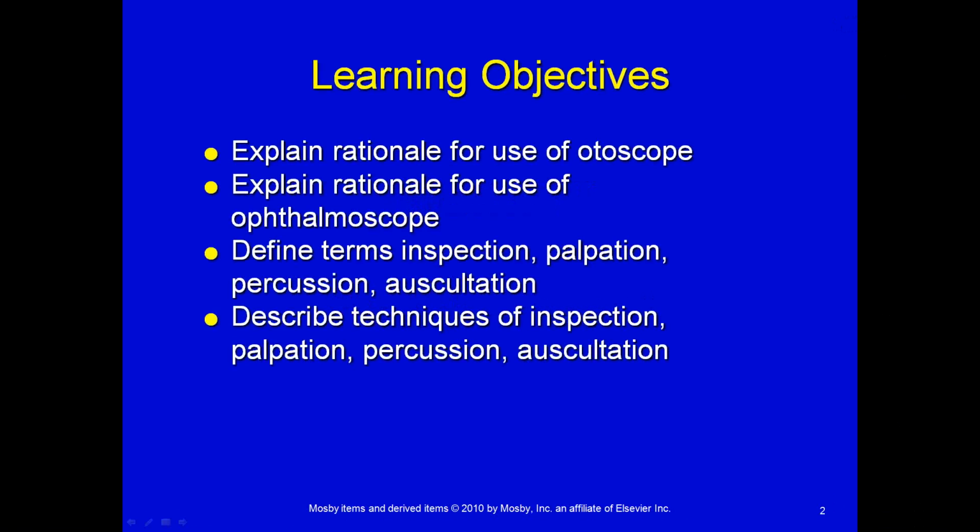characteristics of normal and abnormal findings associated with listening to the heart, describe special examination techniques of the cardiovascular exam, describe abdominal examination, describe normal and abnormal assessment findings of an abdominal exam, describe abdominal auscultation, distinguish between abnormal findings when we auscultate the abdomen, describe the examination of female genitalia, describe the normal and abnormal assessment findings of the female genitalia, describe examination of the male genitalia, to differentiate between normal and abnormal findings of the male, describe examinations of the anus and the rectum and distinguish between normal and abnormal findings of the anus and rectum, describe examination